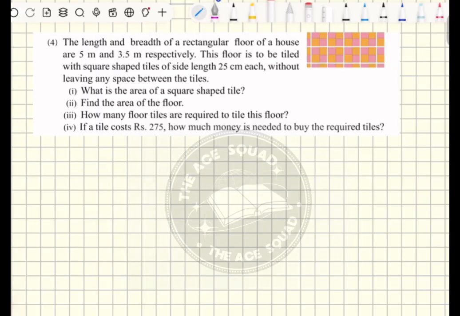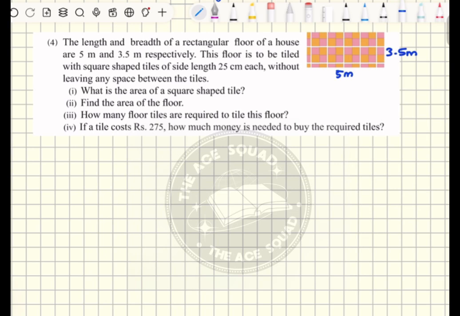Okay, let's discuss this question from the review exercise. The length and breadth of a rectangular floor of a house are 5 meter and 3.5 meter respectively. So let's mark that, 5 meter and 3.5 meter respectively. This floor is to be tiled with square-shaped tiles of side length 25 centimeter each without leaving any space between